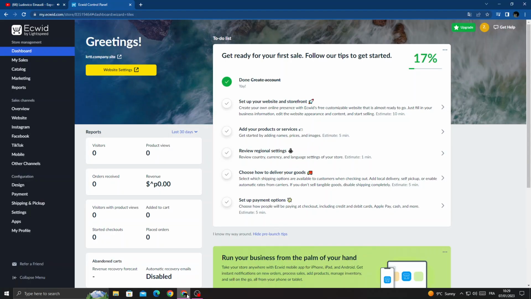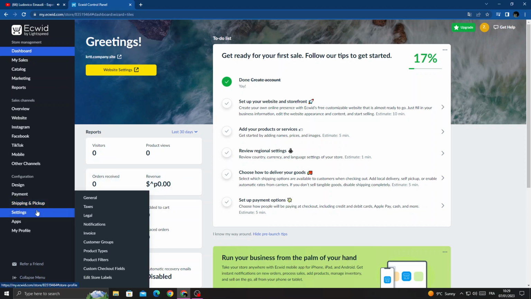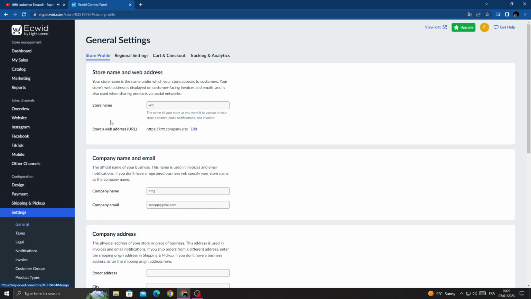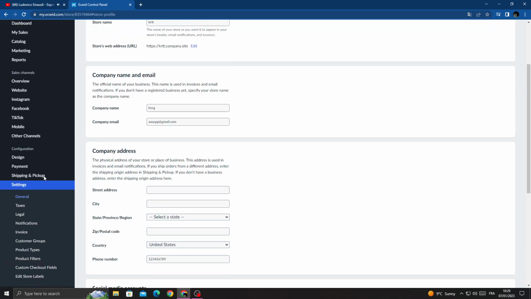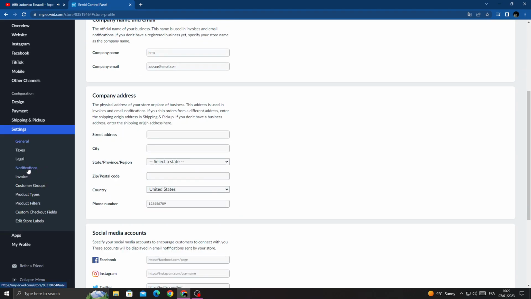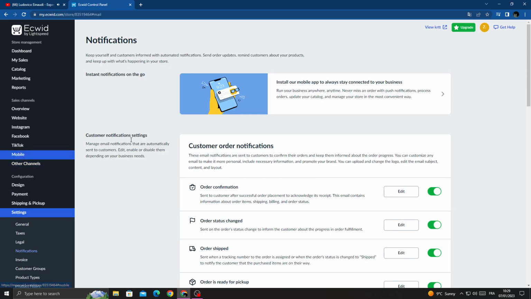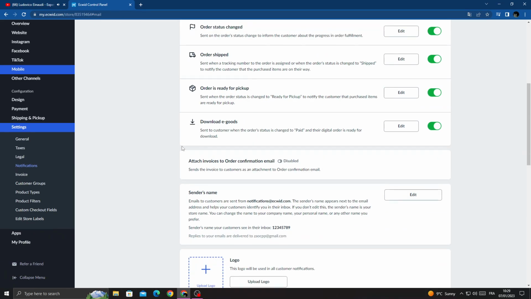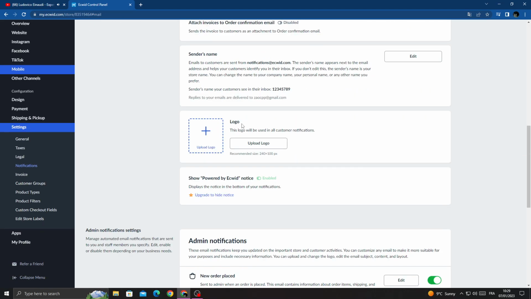First open your browser and then once you're here click settings, and then scroll down until you find notifications, and here we'll find the logo. Now click upload logo